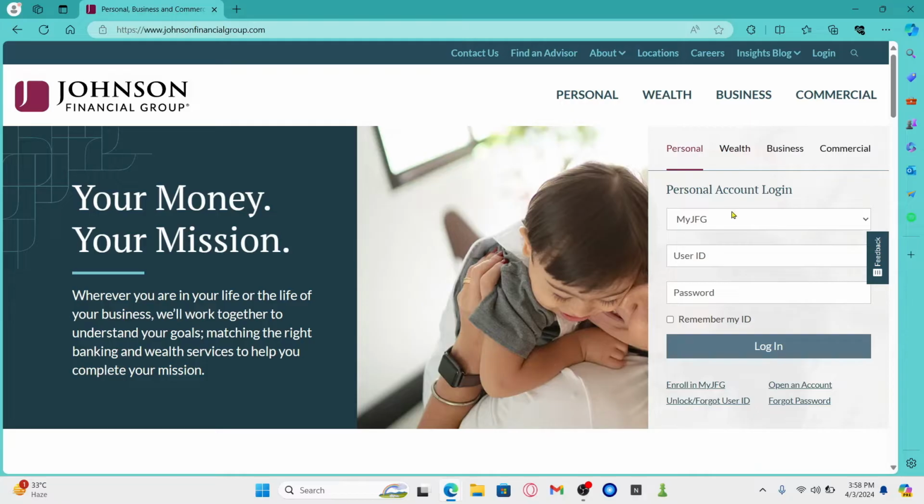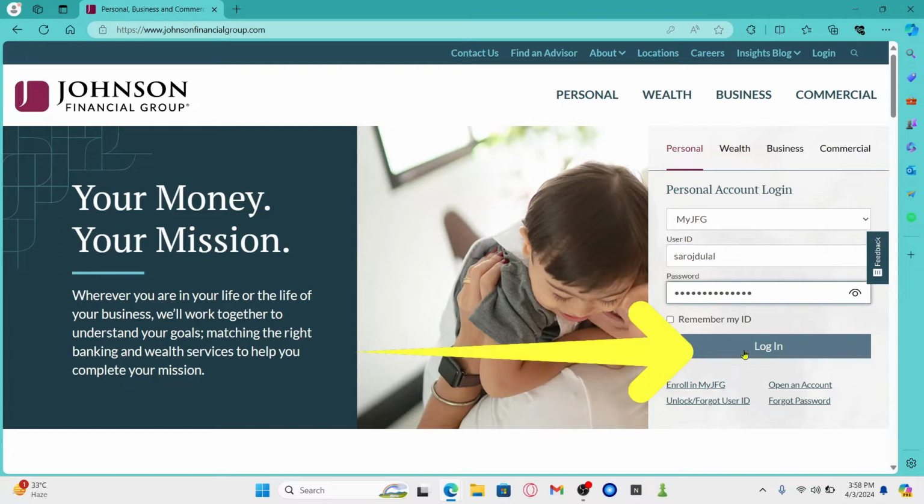After choosing your preferred type of account, go ahead and type in your user ID within the user ID box and then underneath type in your account password. After entering both of these credentials, click on the login button underneath and you will be logged into your account